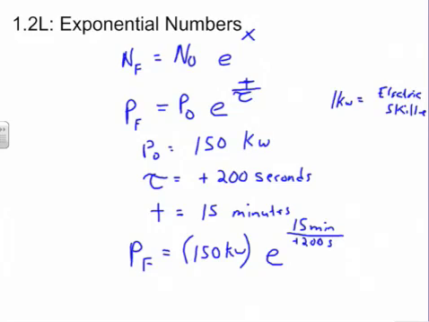So up here, where we have minutes divided by seconds, we need to get rid of those minutes and seconds. One way we can do that is to say that 1 minute is equal to 60 seconds. Well, now our minutes will cross out in our unit conversions, our seconds will cross out,